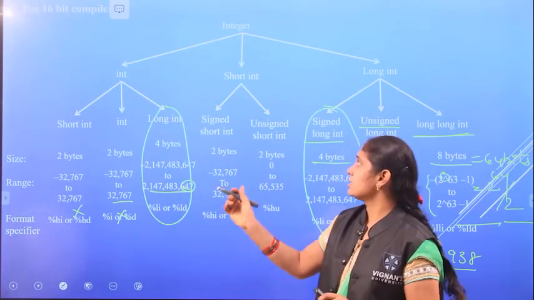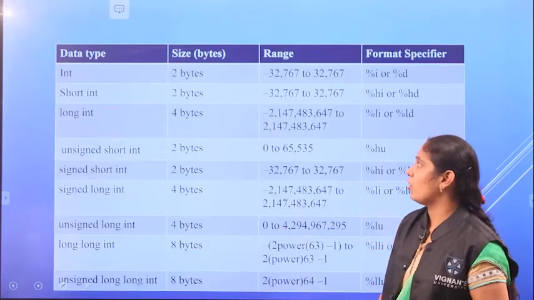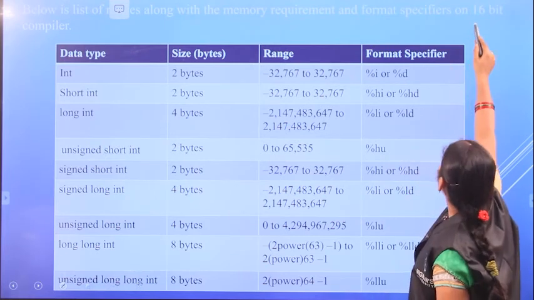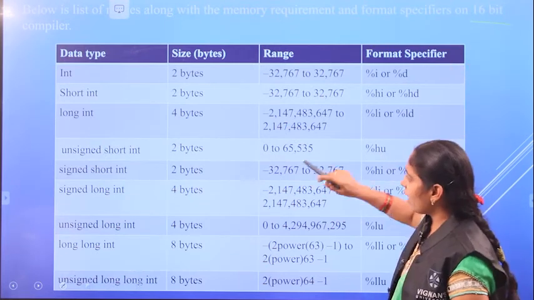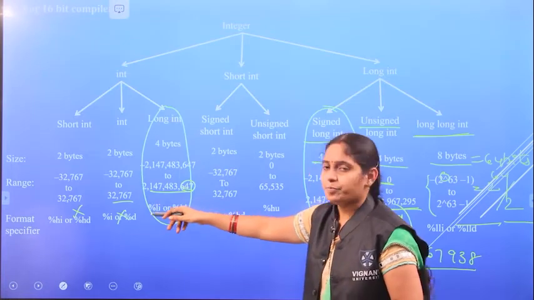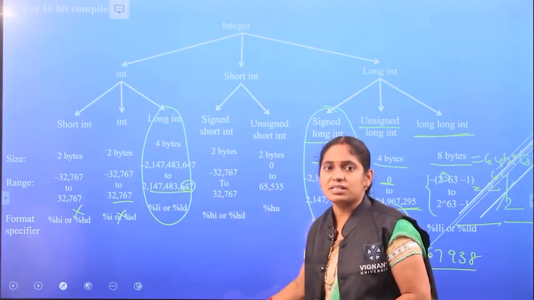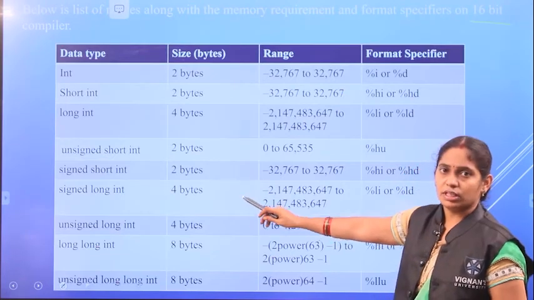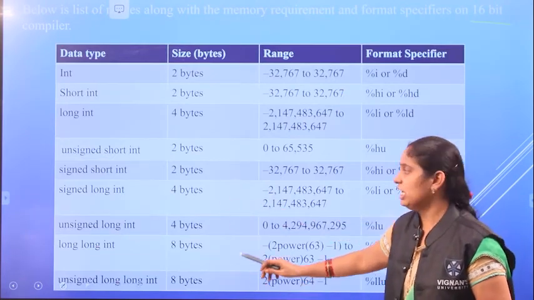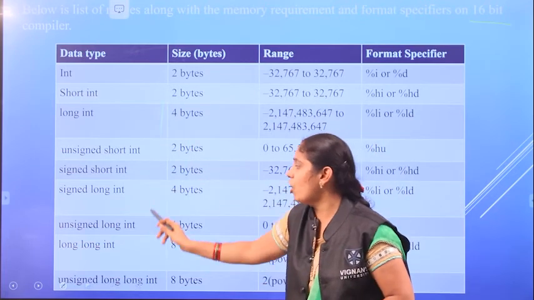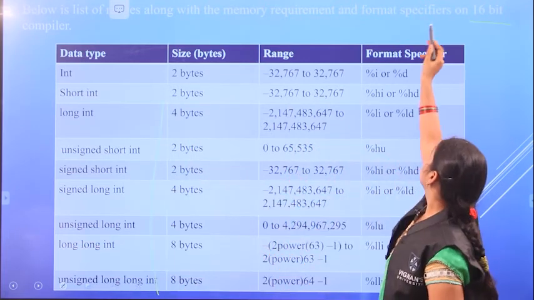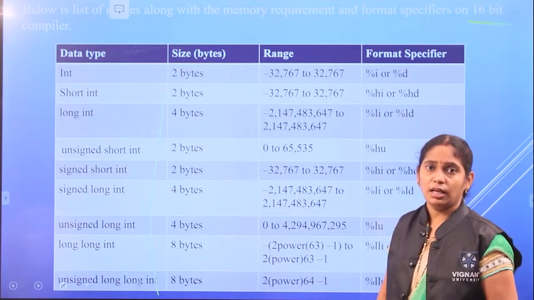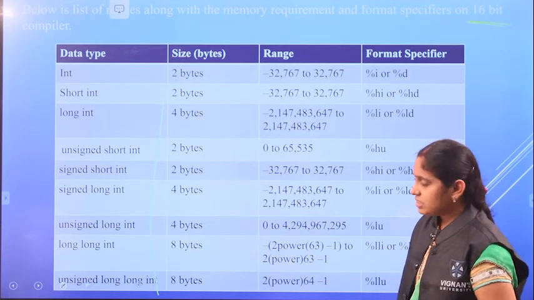So this is the size of integers and their forms. And here it is nothing but the sizes specified in the 16-bit format. What we have seen in the previous slide, the same is represented in a table form. So these are the sizes of each and every integer form in 16-bit. Okay. Then, if we see the 32-bit,